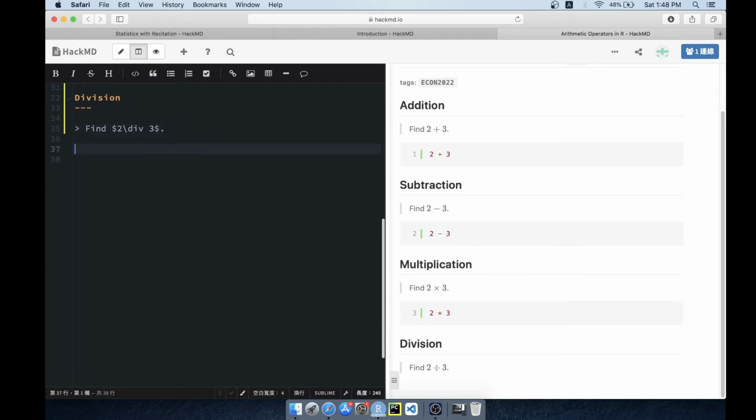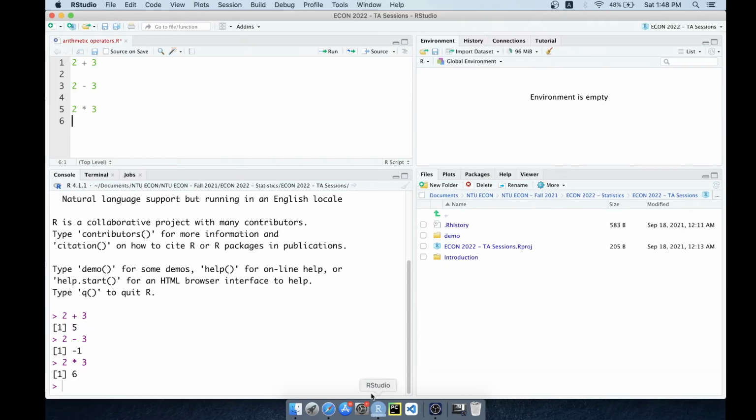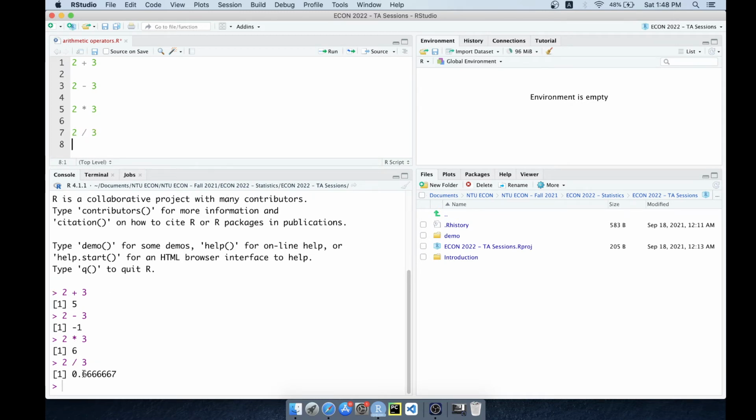Okay, so maybe we can type it here: 2 divided by 3, you know, is approximately 0.667. So in R, we can find the